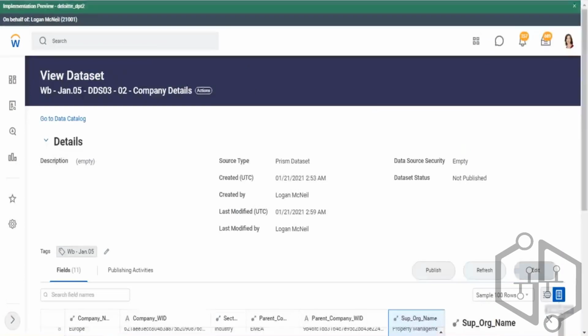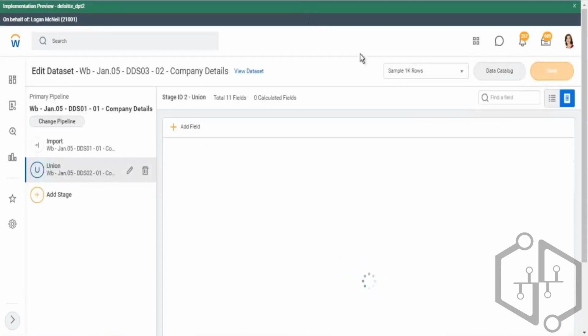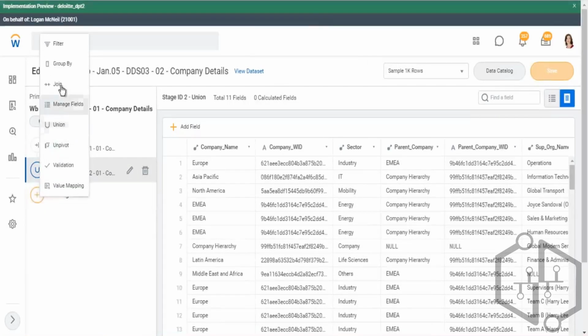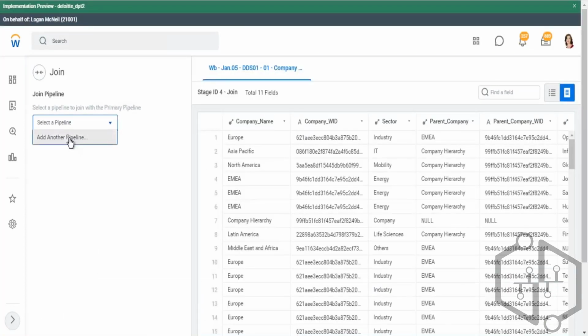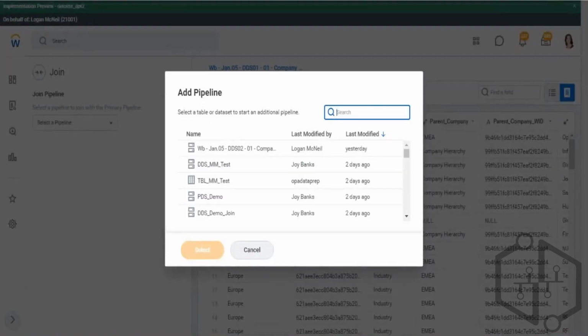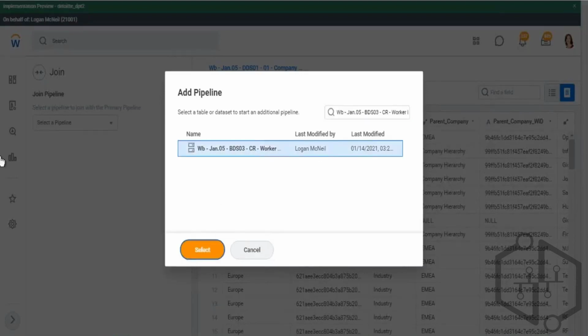I would click on edit. So now I'm going to make use of the third base data set that I had created. I want to add another stage, and this stage is to join this derived data set with this base data set, which has the worker details. I would copy text, add another pipeline, and the pipeline that I want to add is the BDS03 worker details. Select,